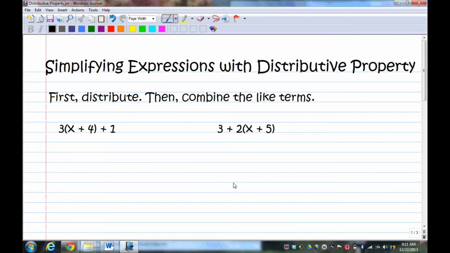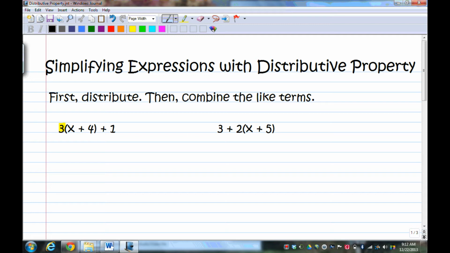Now we're going to simplify expressions with the distributive property. The distributive property, you know, exists when you have those parentheses and there's a number on the outside. It has to be distributed to everything on the inside. So when you have those parentheses, first thing you want to do is distribute, and then you'll combine your like terms. So what I have here is a negative 3 that's being multiplied by everything inside the parentheses, that x